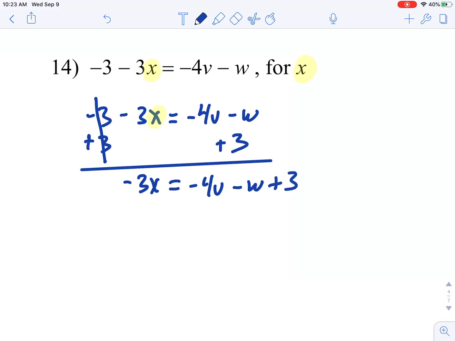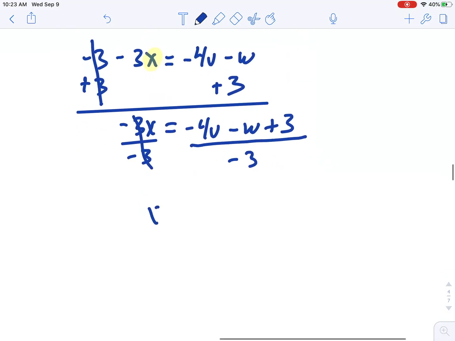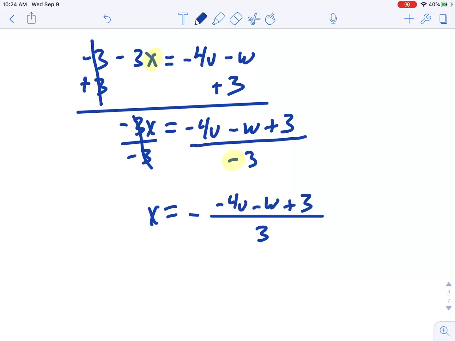Now we divide, because this is negative 3 times x, we need to divide by negative 3. Divide this whole side by negative 3. And I'm pretty much done. Now, there's a couple of different ways to write the answer here. Like it's happened on a couple other problems. Generally, you don't just leave a negative sign in the denominator of a fraction. So one method is to, you tell students, just pull it out front. You pull that negative sign out front, even with the bar, negative 4v minus w plus 3, and that's your